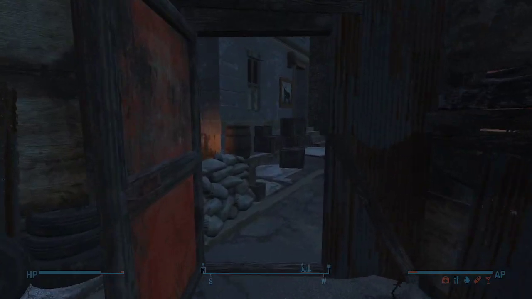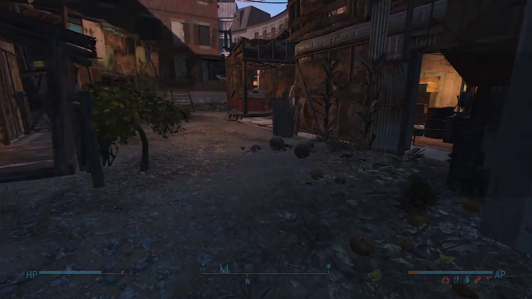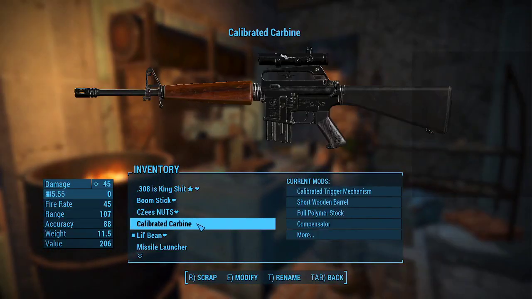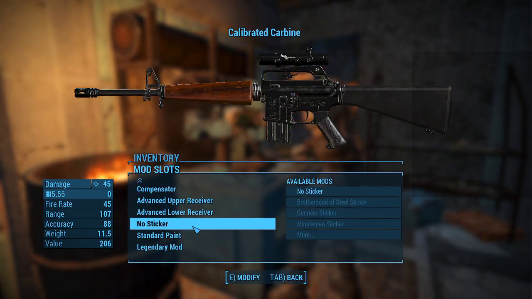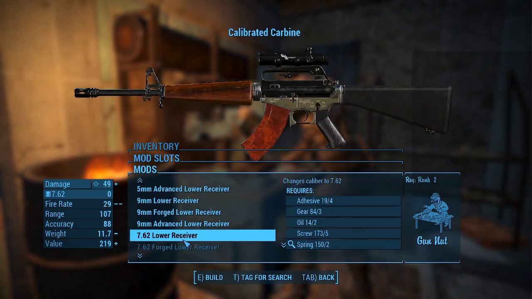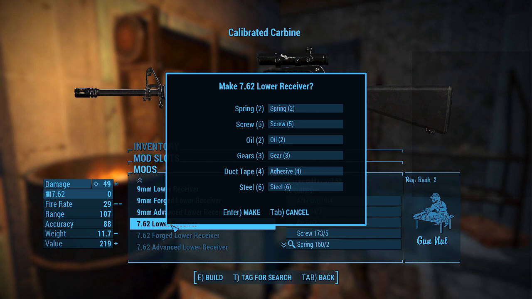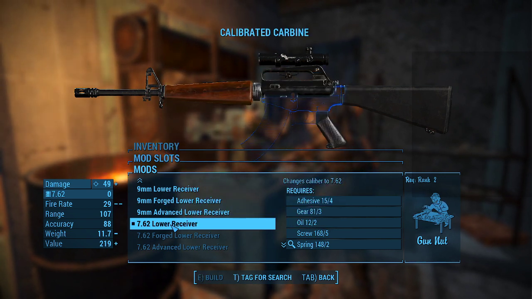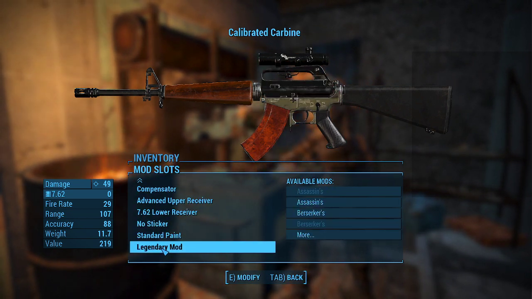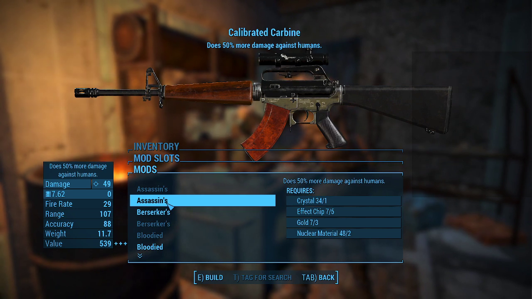Hey, wait there. Let's have a look. Handy, aren't ya? Let's have a look. Advanced upper receiver. We're going to need lower receiver. We want the 762 lower. We can't do much more than just the basic one. So we're going to have to hope that 762, the ammo, carries us most of the way. We do have pink hot rod paint. And we could craft it into